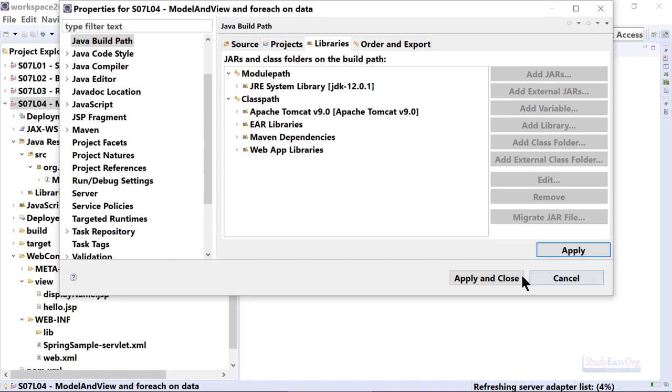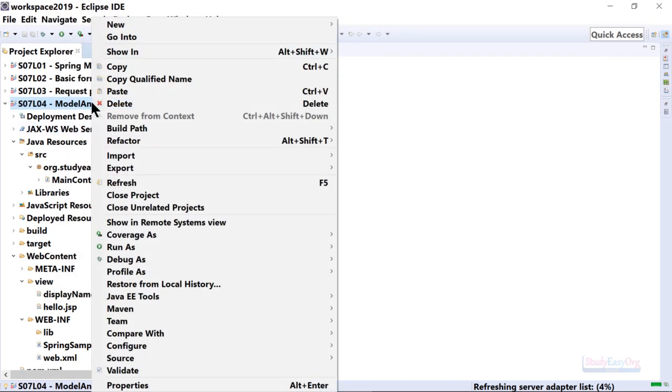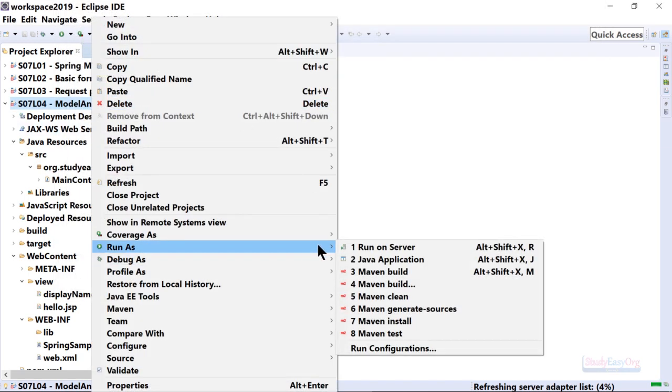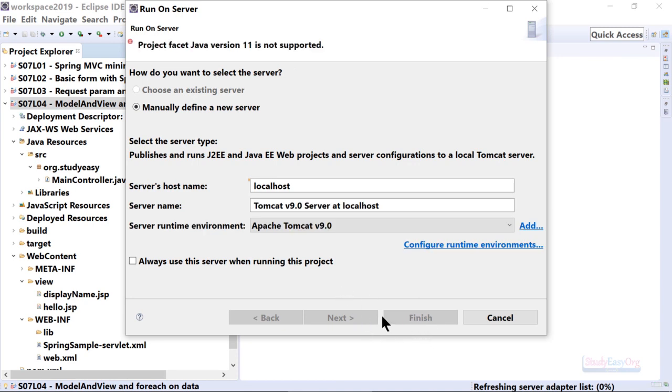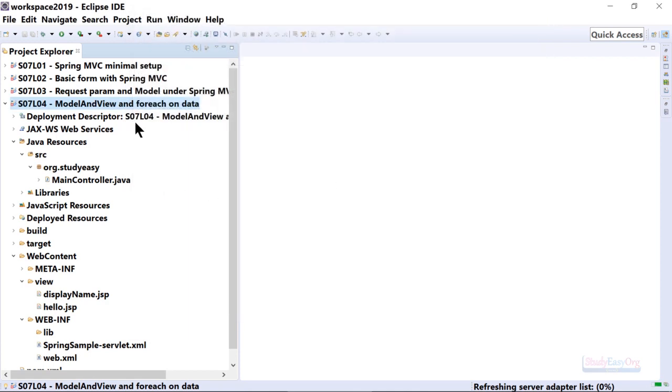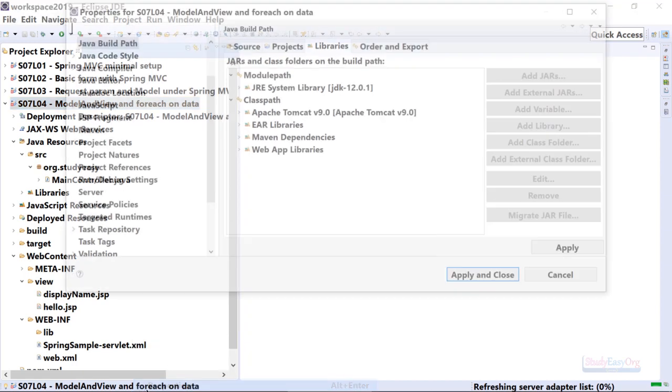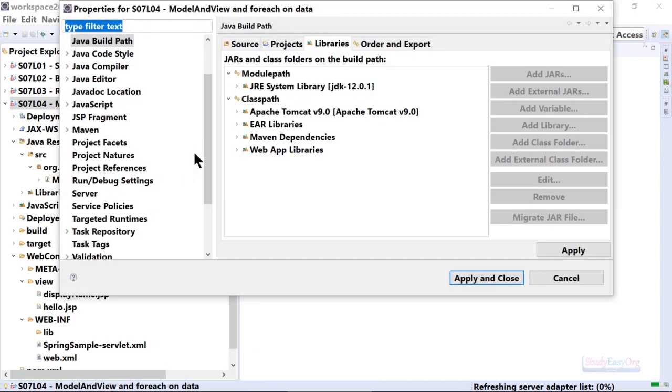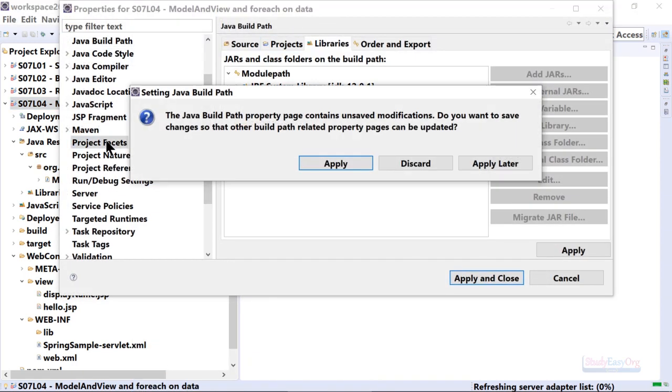All right, let me apply the changes, and now this time around, if I try to run this on the server, it may run, it might not run as well. So it says that project facet Java version 11 is not supported. How to fix it? Again, right click, properties,